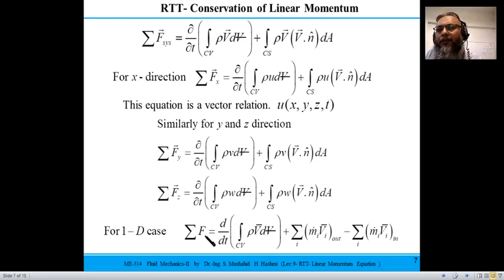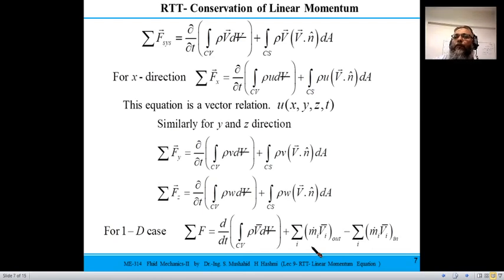So this would be the sum of the forces, the resultant of the forces acting in the stream-wise direction, equal to whatever momentum change takes place within the control volume, plus the momentum out minus the momentum in. I explained that this net flux term is the B out minus B in terms. So here we have